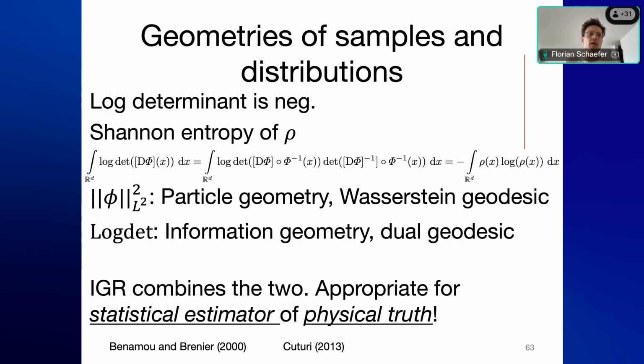And so this is really, I think, a much bigger philosophical point, that we can think of this as a combination of the geometry that comes from the physics, right? The Wasserstein geometry, or the L2 geometry, that's really the geometry of how we expect particles to move on ordinary straight lines. But it combines this with the geometry coming from statistics, which is looking at what would be a likely way of moving around, what would be a statistically very unlikely way of moving around. And so from that perspective, IGR strikes a balance between the physical geometry and the statistical geometry,